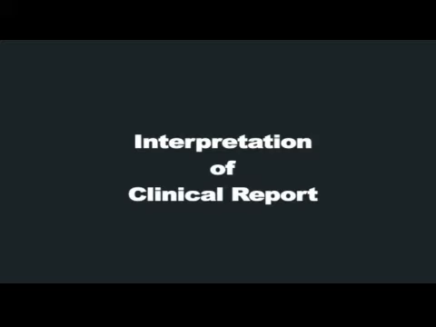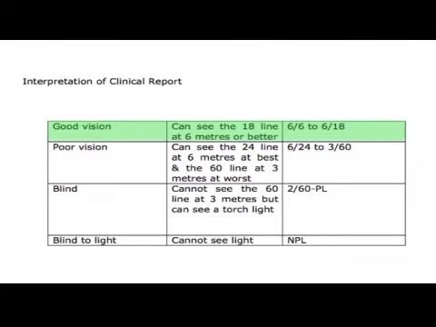And now we will see about the interpretation of clinical report in the board. If the patient can see the 18 line at 6 meters or better, that is mentioned as good vision, that is 6 by 6 to 6 by 18 is good or normal vision. If the patient can see the 24 line at 6 meters at best and the 60 line at 3 meters at worst, the vision is mentioned as poor vision, that is 6 by 24 to 3 by 60